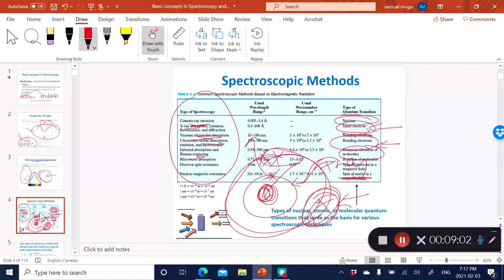And so in actual fact, infrared is a very complementary technique to Raman spectroscopy. And we're going to talk about it later on when we go into the specifics of all these types of